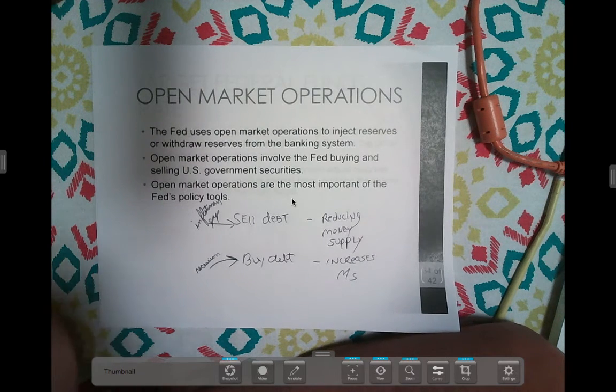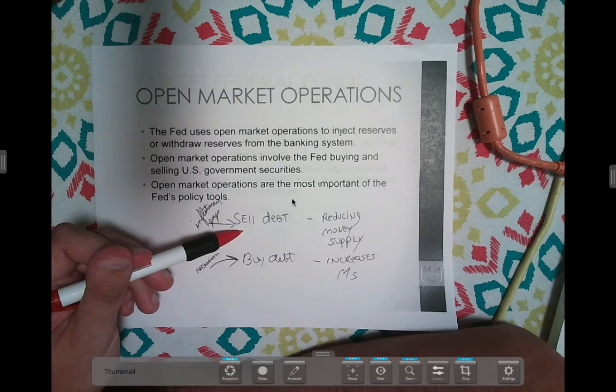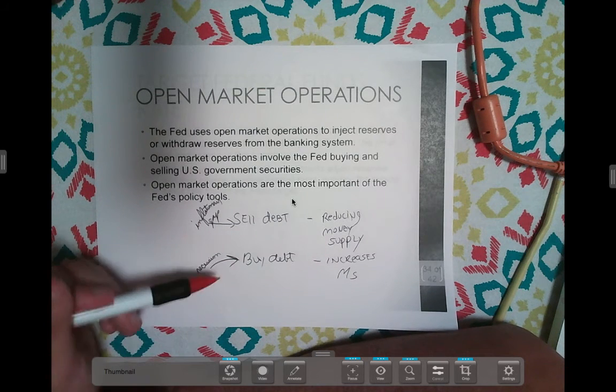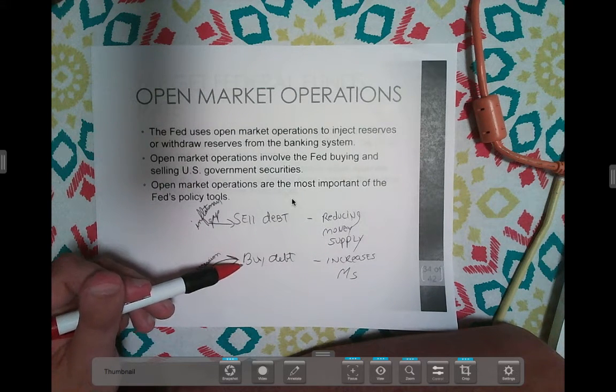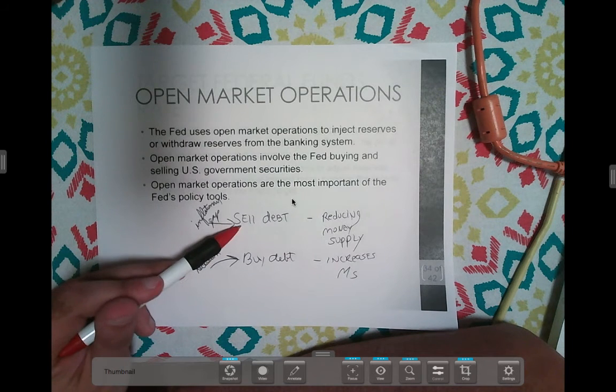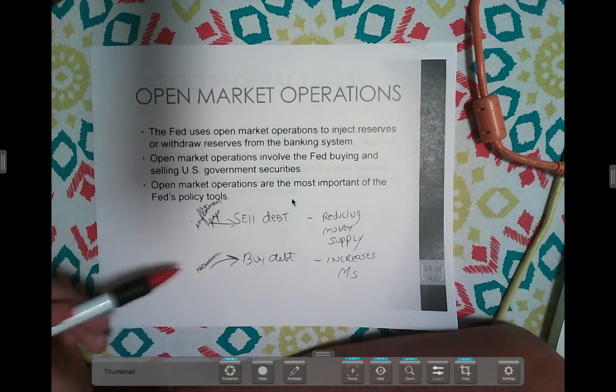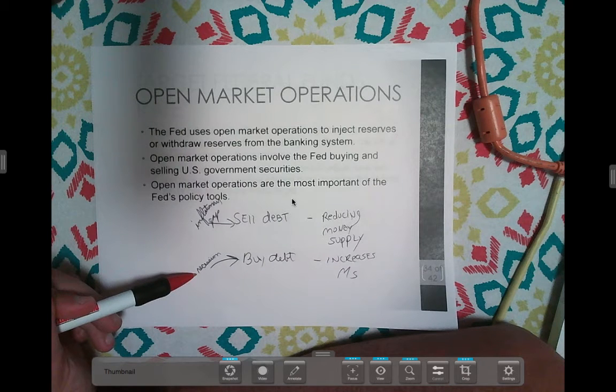And then we have our open market operations. Just to repeat what I had said before, if the Federal Reserve decides to sell existing debt, then they're going to collect the cash and they're going to destroy it. If the Federal Reserve decides to buy existing debt, they're going to have to print cash to buy it, and that's going to increase the money supply, M subscript S. They would sell the debt if they were in an inflationary gap. They would buy the debt if we were in a recessionary gap.